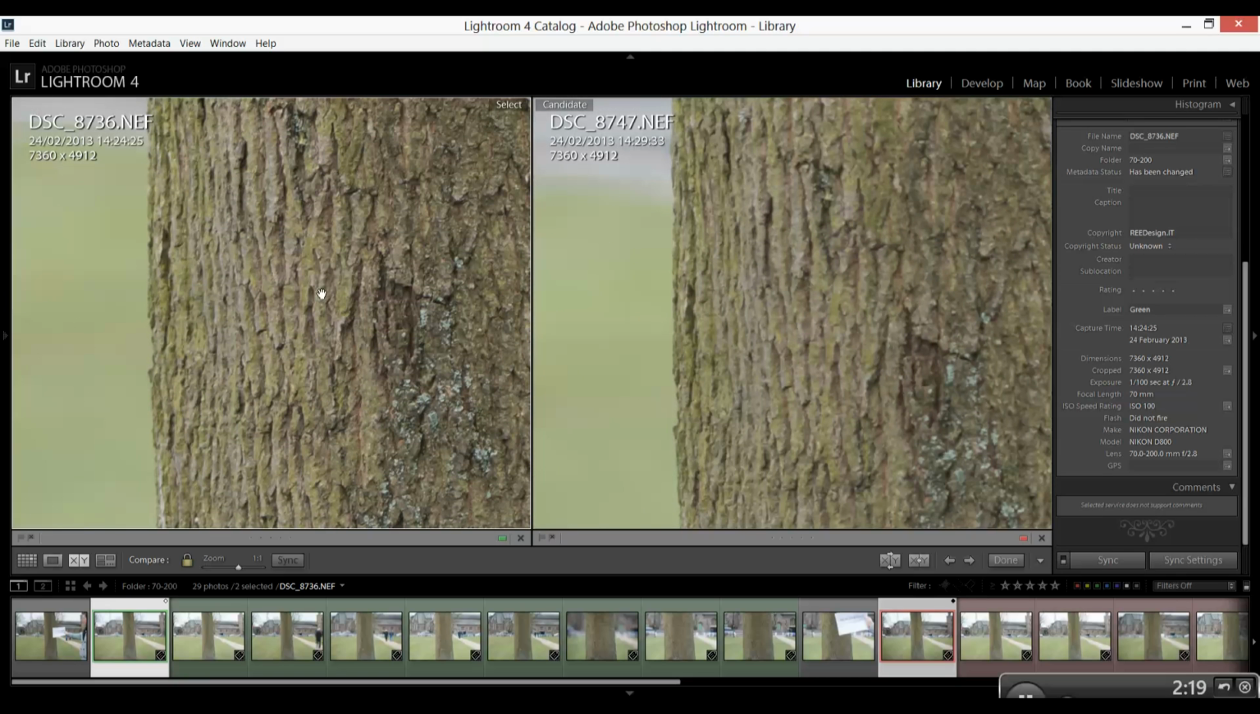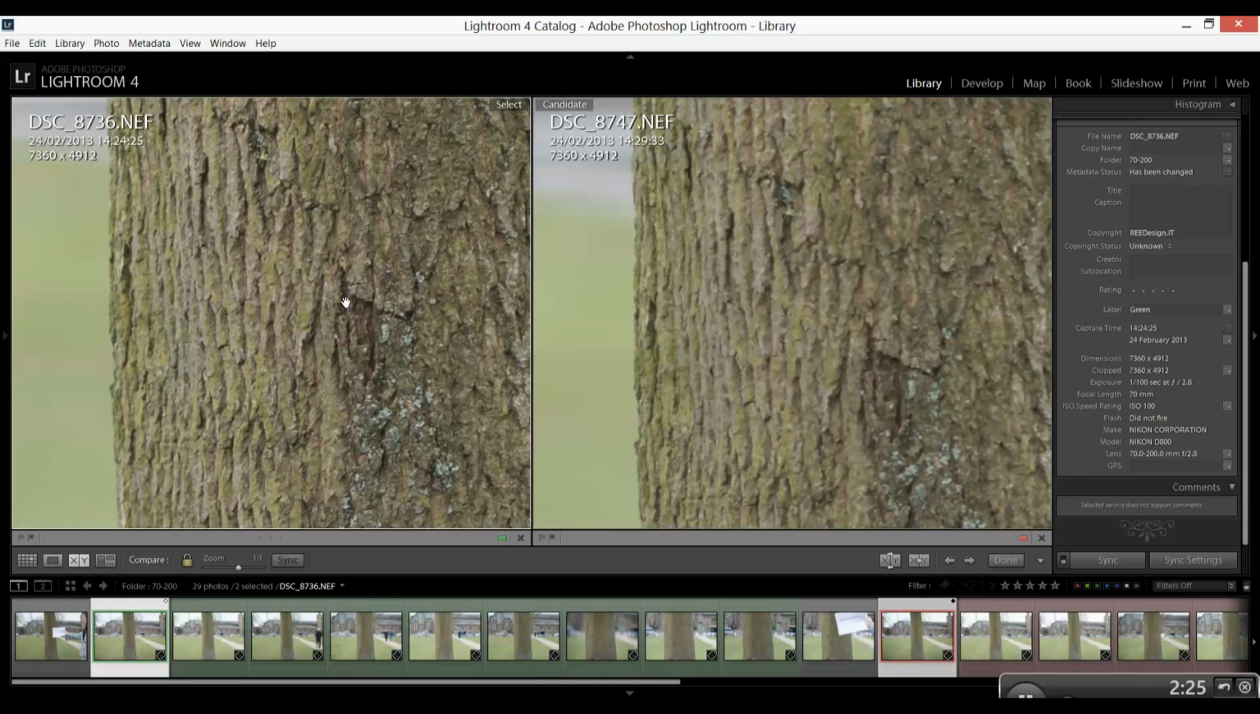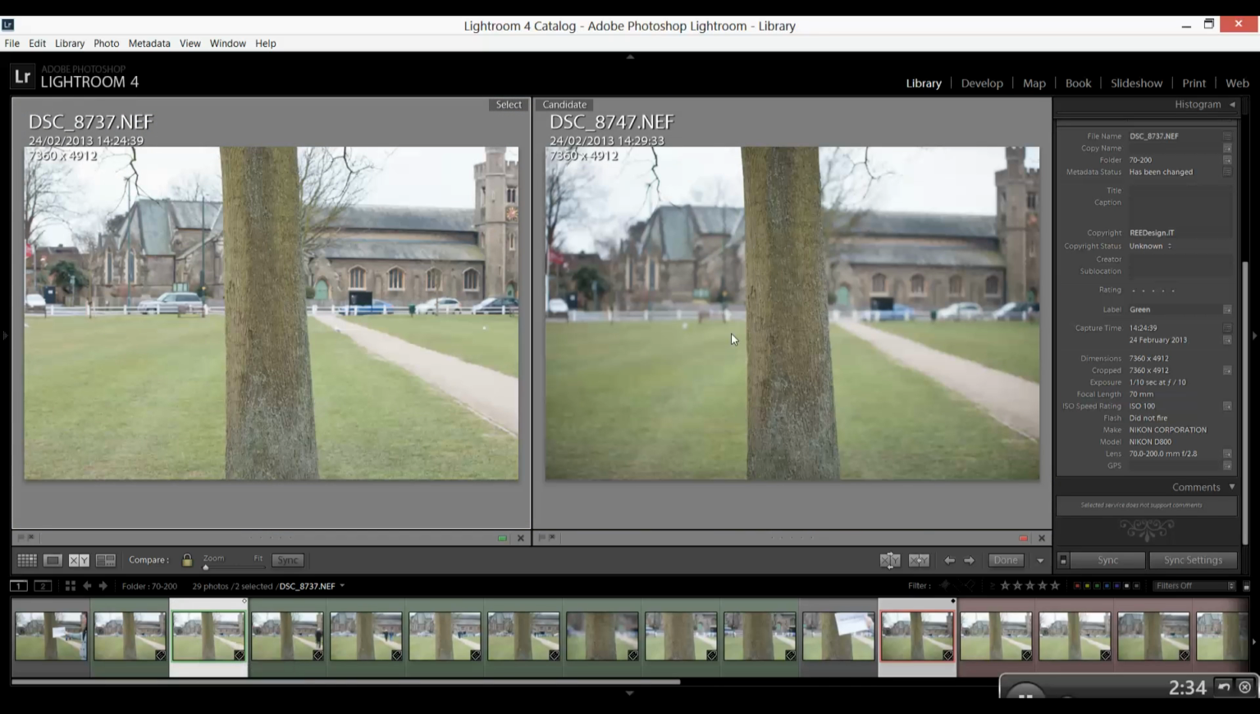The image on the left to me looks sharper. This looks a bit softer, not as crisp. The colors look a bit better in this one. So for me, that's a Nikon one, and that's at 70mm. If I load up the next photo,